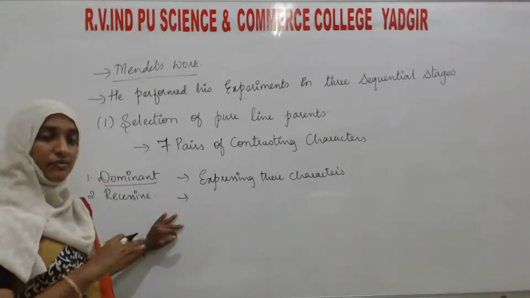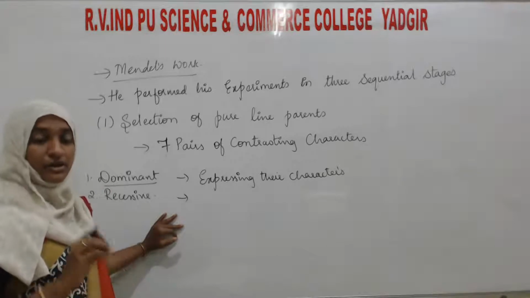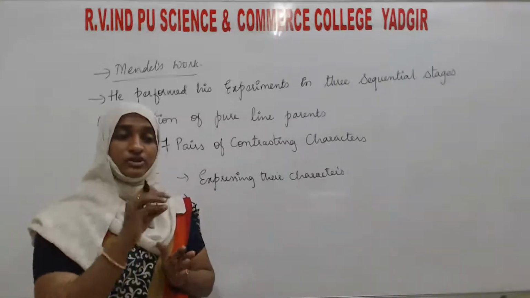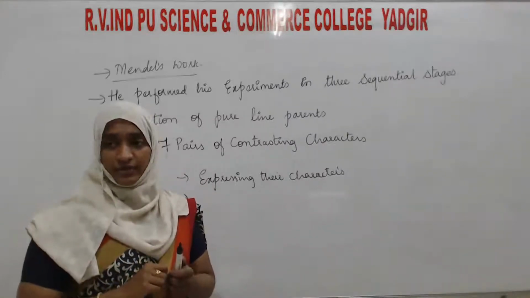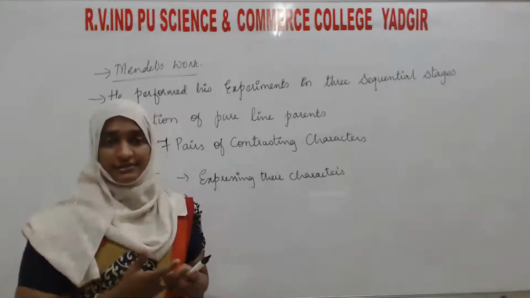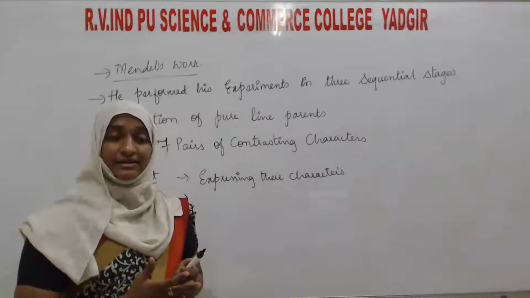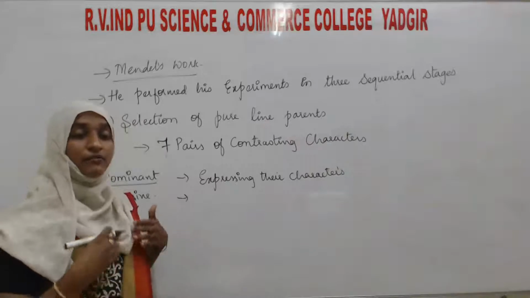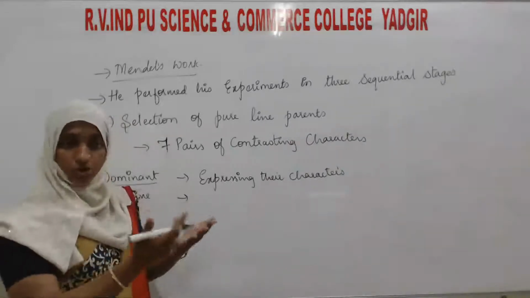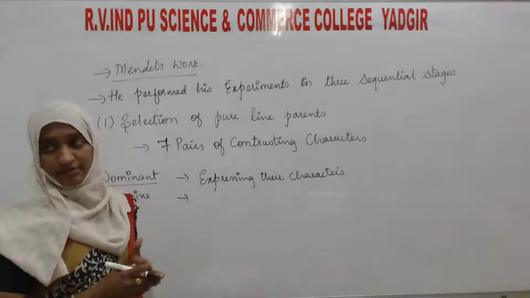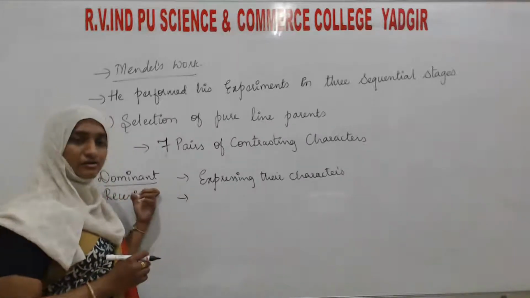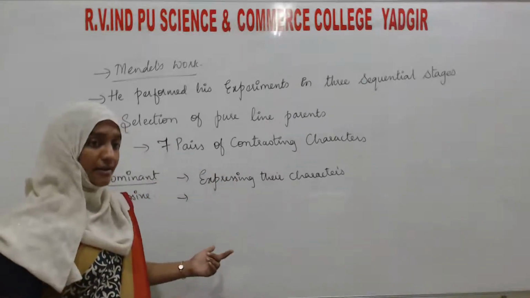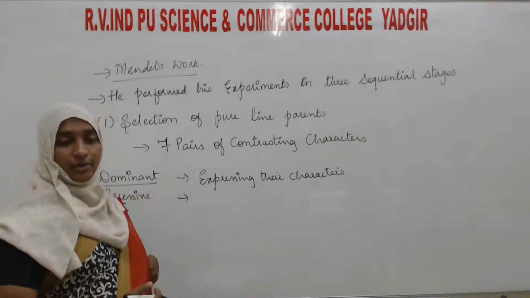Okay, see, one example I will give you. In a class, if many students are there, and a ma'am or a teacher asks a question to all the class, some of the students will tell, we know that answer. Means they are expressing their answers. That character we can call the dominant character. They are excited to tell their answer. Like that only, here in the plants also, some characters will be dominant, and the characters which are expressing are called dominant.